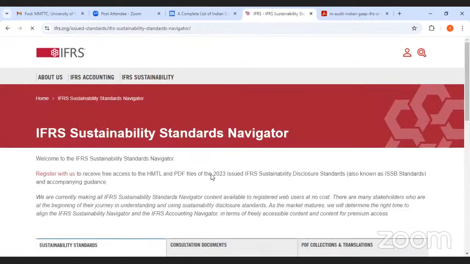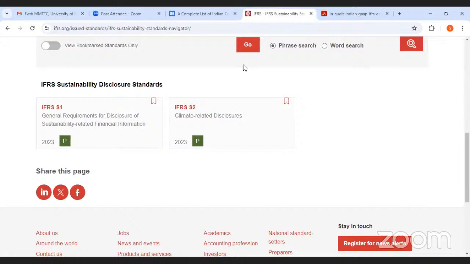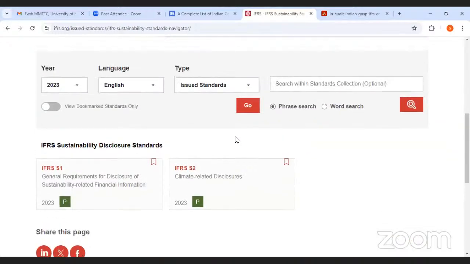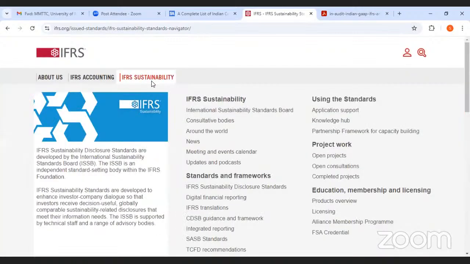So far, 2 standards have been established. I'll open that one here. So look at this. These are the 2 standards: IFRS Sustainability Disclosure Standards, the general requirements for disclosure of sustainability-related financial information, and climate-related disclosures. Another 5 years down the line, probably this IFRS sustainability will have a greater extent of demand. So we should train even our students on this IFRS sustainability reporting. Students who have this skill will get a lot of employment, and the payment will also be very high. So that's about IFRS. This is the website of the IFRS Foundation. Both things are there: IFRS accounting is there, and IFRS sustainability is there. You can